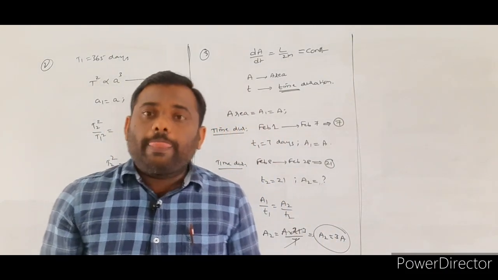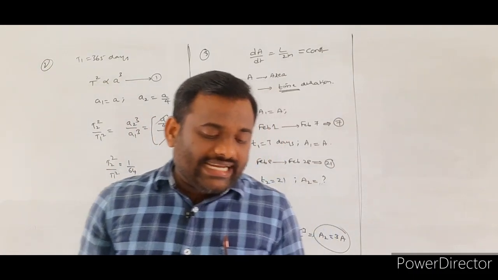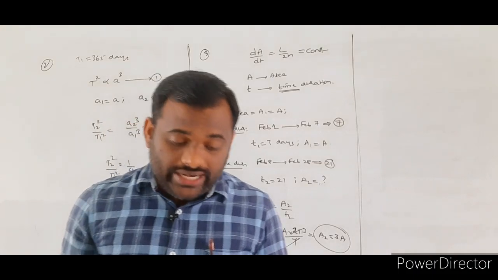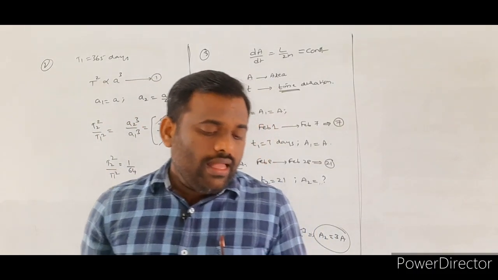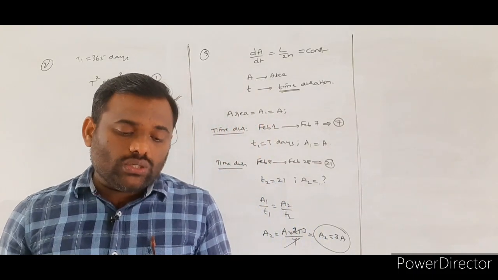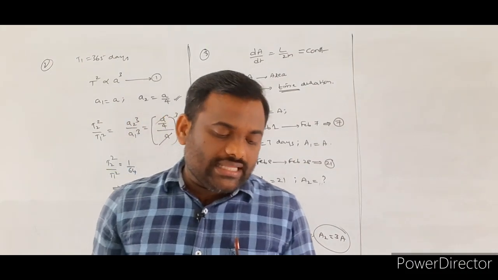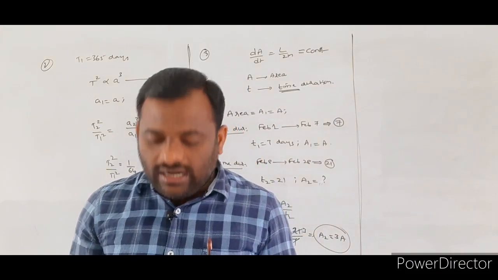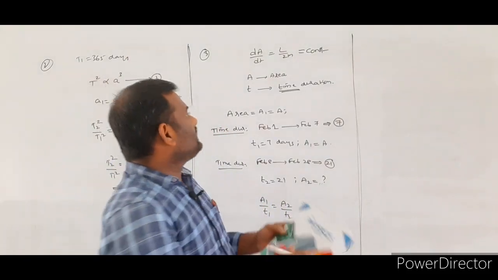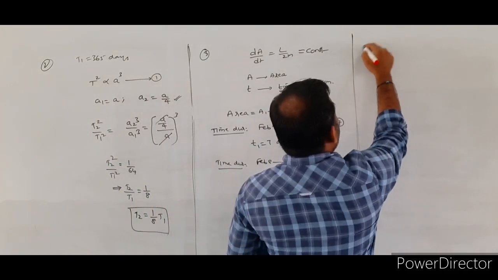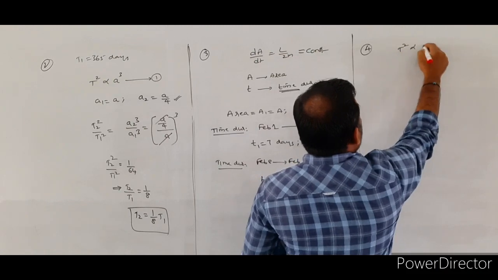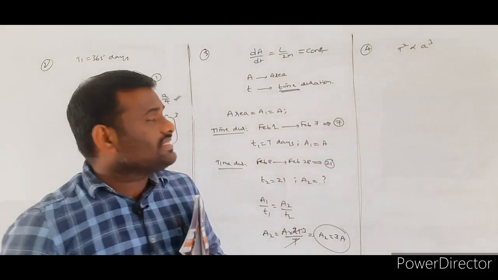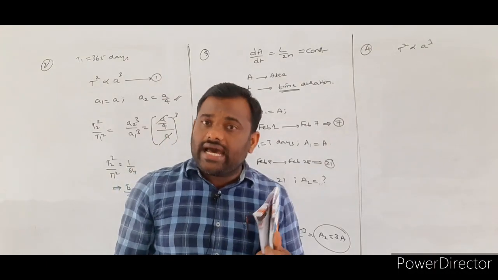Problem number 4. Two satellites are revolving around the earth in circular orbits of the same radii. The mass of one of the satellites is 100 times the mass of the other. Then the time periods of revolution of the satellites will be in the ratio of? See here, it depends upon Kepler's third law again. What is Kepler's third law? According to Kepler's third law, the square of the time period of revolution is directly